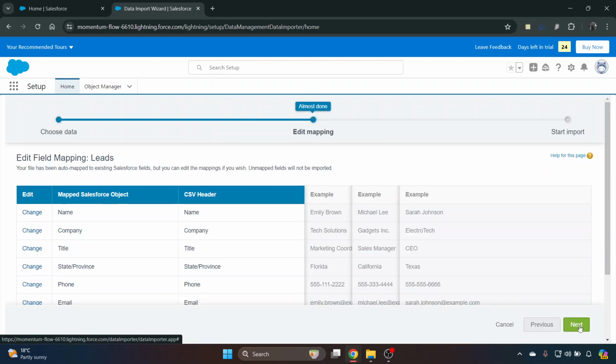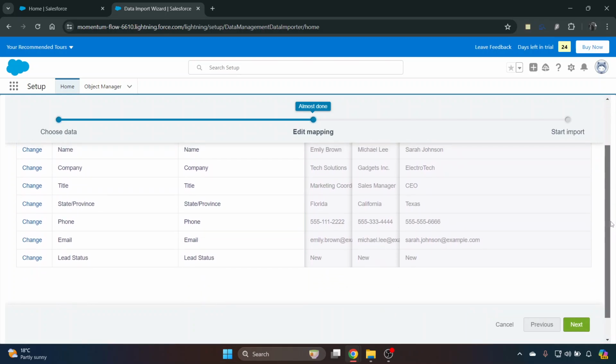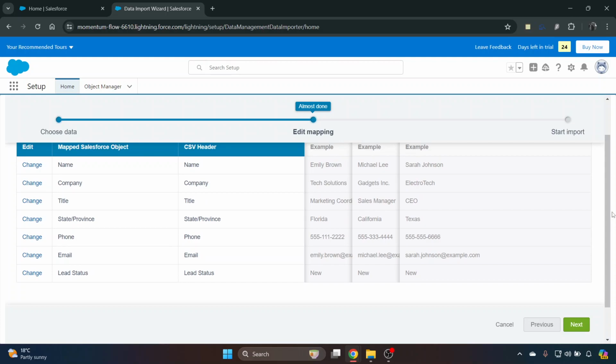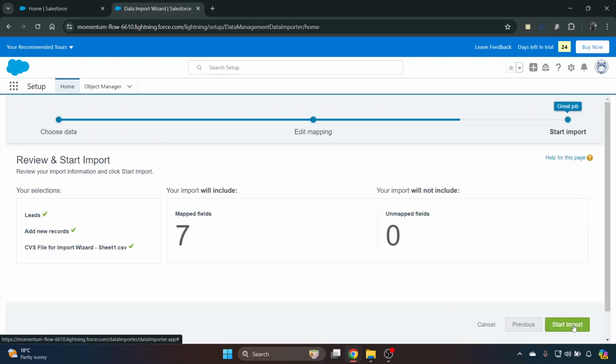mapping. So here you need to check the headings, make sure everything's going to be correct and they're all going to be in the correct area. For that, I've already got it all set up, so it's all matching up. So again, you just click next, and then it's all been checked for you. So you click start import,